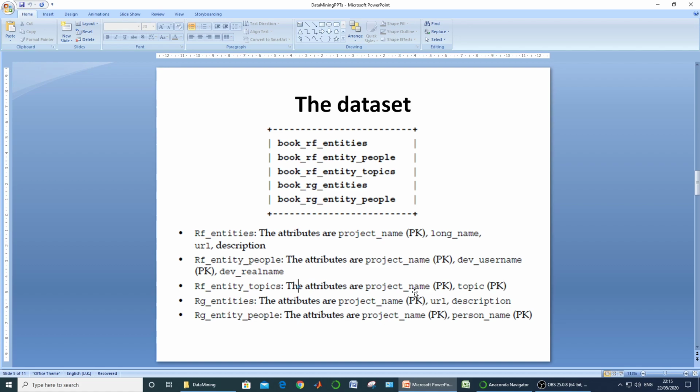It is a table spreading over two fields, project name and topic. Again, a composite kind of key that is made of project name and topic acts as its primary key. So these three tables are for your RF organization.